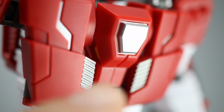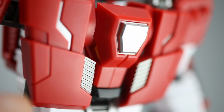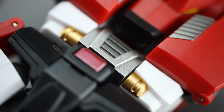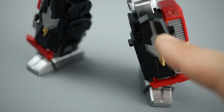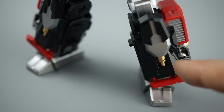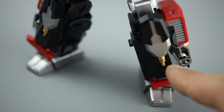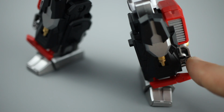Plus there's some really attractive paint applications going on, like this molded detail here too. It looks great. Some decent paint applications on the abdomen section and on the crotch plate too, adding a bit of visual interest. That looks good. Kind of digging the design of these legs as well. I like the way this panel folds down and over. Again, that feels very reminiscent, but still new with the design, like this little painted piston here. You can see the underneath of the bull's feet just here,